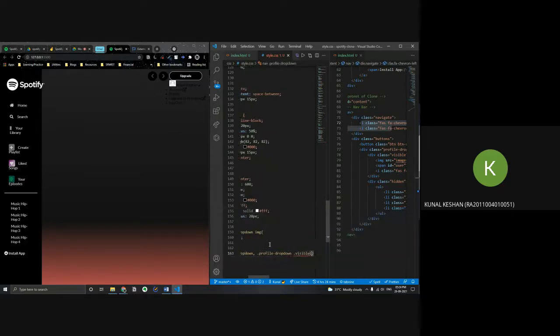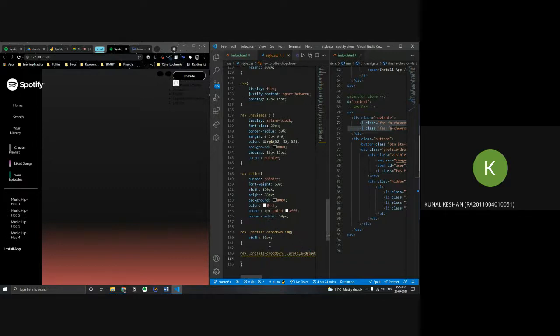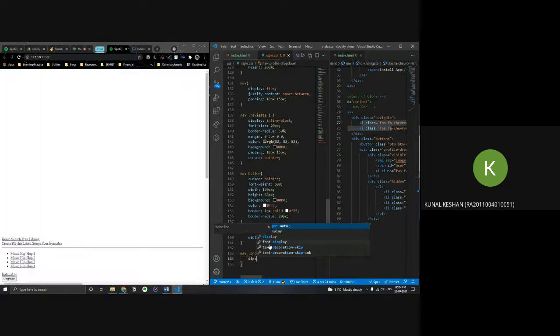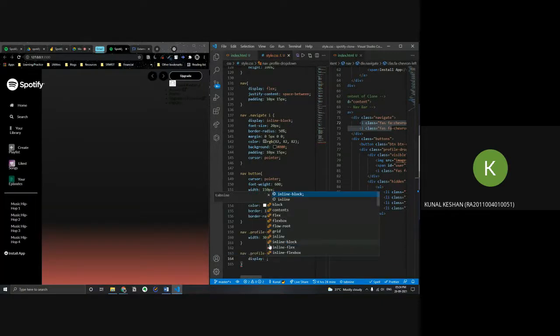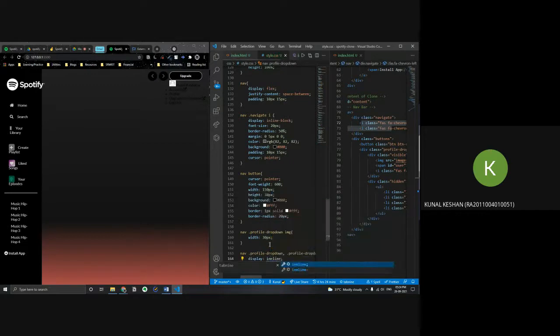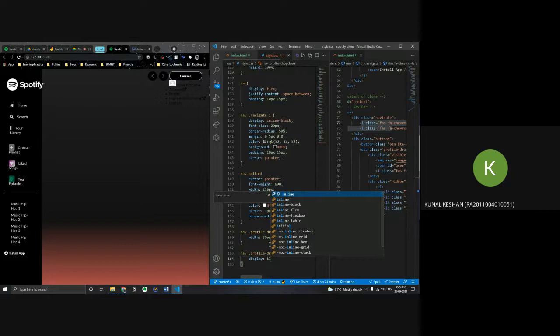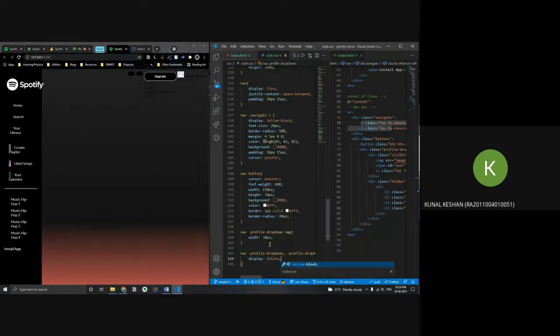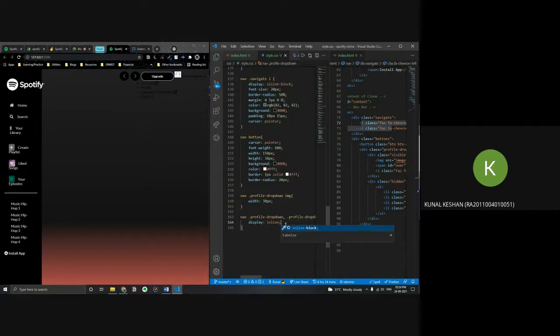That is the button part. You want it to be display inline. So now it's all coming side by side. That's what we actually wanted.